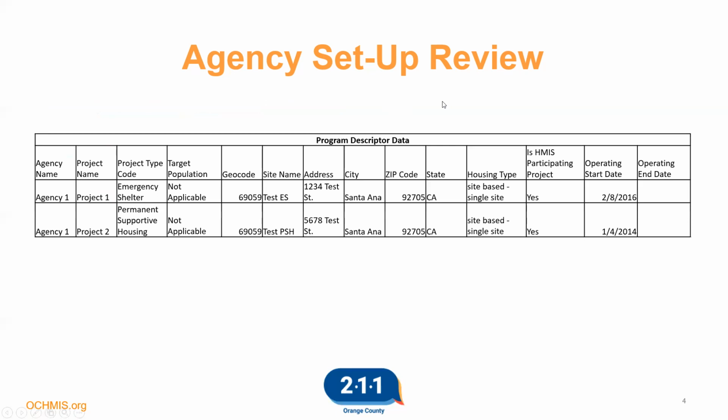Just to show you what the data looks like, we are going to be releasing a dashboard to the agencies that includes all of this data. There's 3 different charts on the dashboard, so that's what I'm going to show you now. The first is the program descriptor data. You can see they're just basic Excel charts, but it will include a separate row for each of your projects. So you see here, this is agency 1 and project 1 and 2, and you'll be able to see the project types, target population, site information, if it's a housing project, what type,